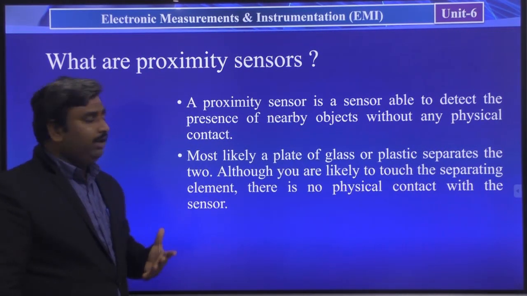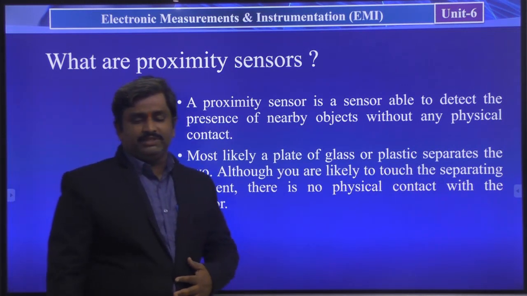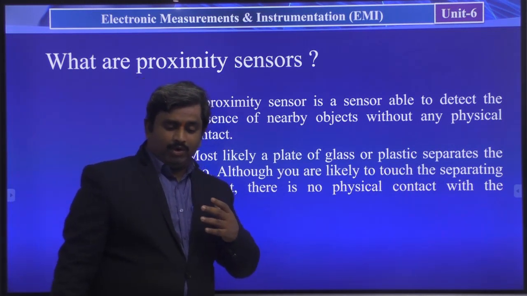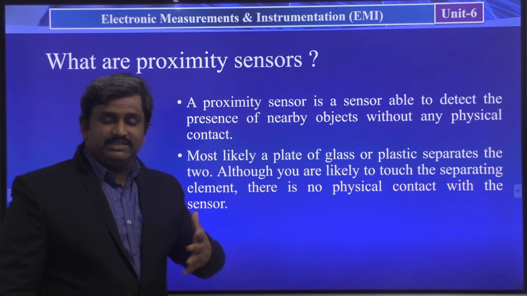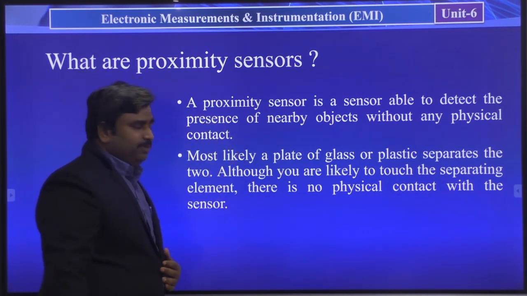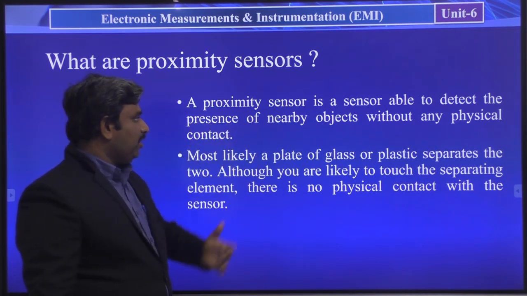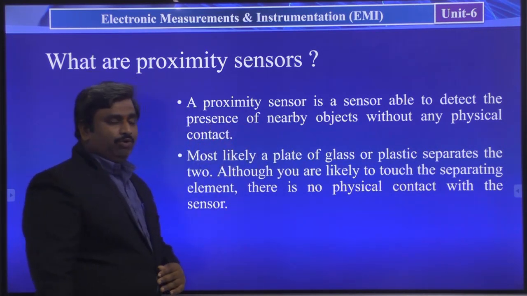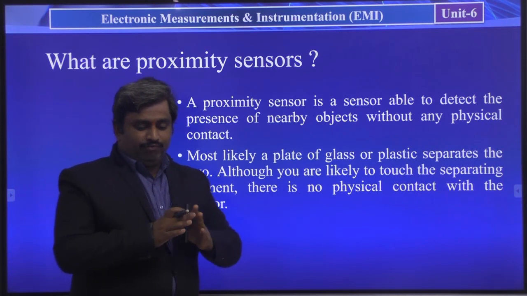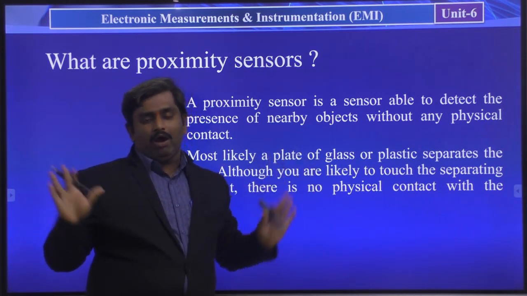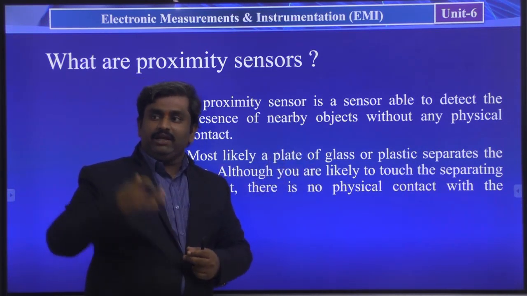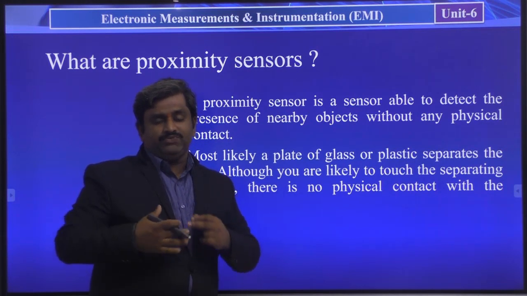Now, what are these proximity sensors? What exactly do these sensors do? A proximity sensor is a sensor able to detect the presence of nearby objects without any physical contact. So without touching any objects, it is saying that it is very close to me.